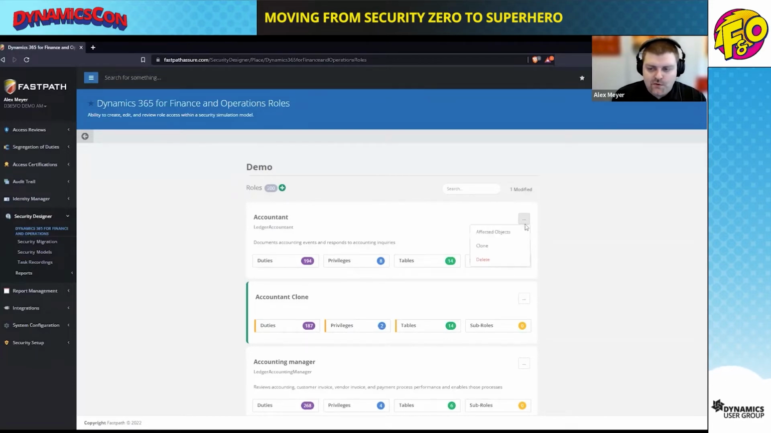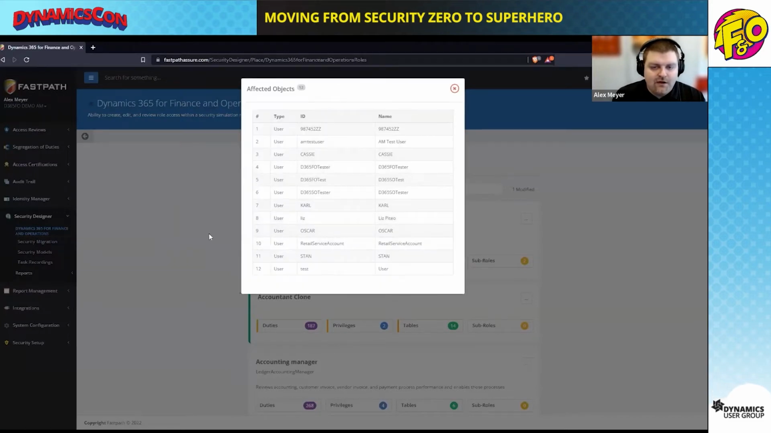One other thing over here that I wanted to show is this affected objects. One question we get quite often is, if I make a change to this role, duty, or privilege, what other objects am I going to impact in the system? So if we run this at a role level here, this will actually pull back all the users that are assigned to this particular role. So I know if I make a change as accountant role, I'm going to be impacting all of these different